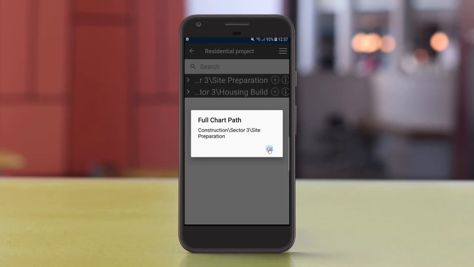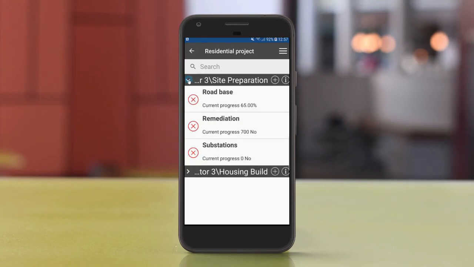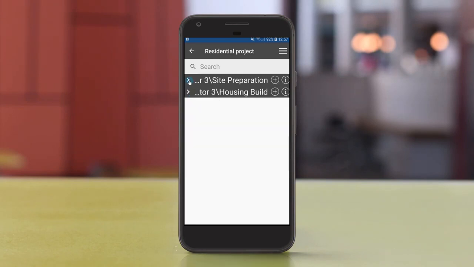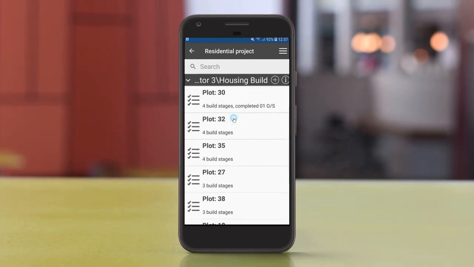So in this section there are activities to progress, and they are all related to site preparation, or in this case house building. So these are individual activities which would progress by percentage or a quantity, as we're going to do shortly, but also if you've got residential activities identified by a plot number and build stage, we have this area that we call